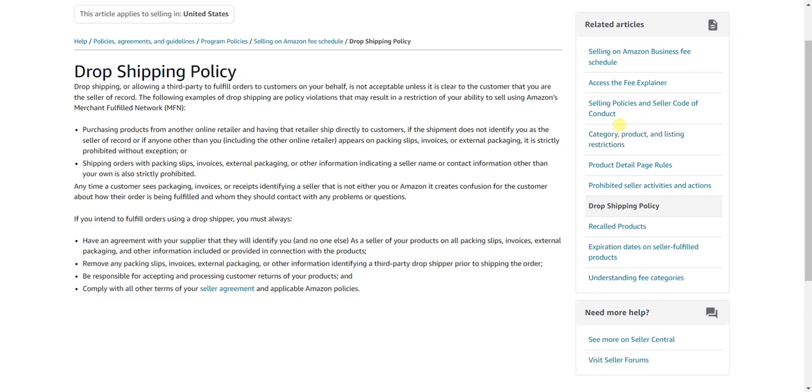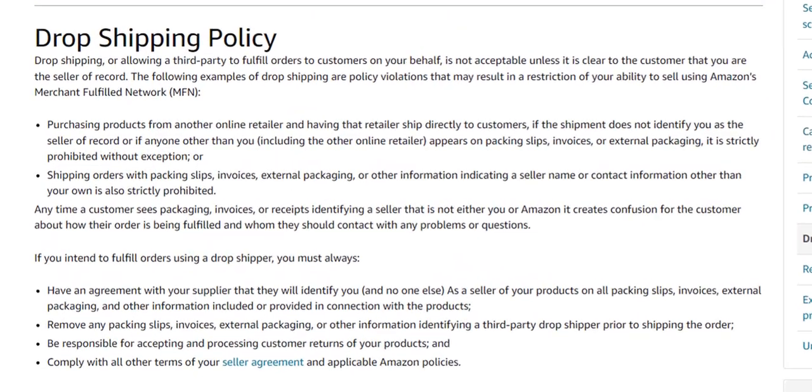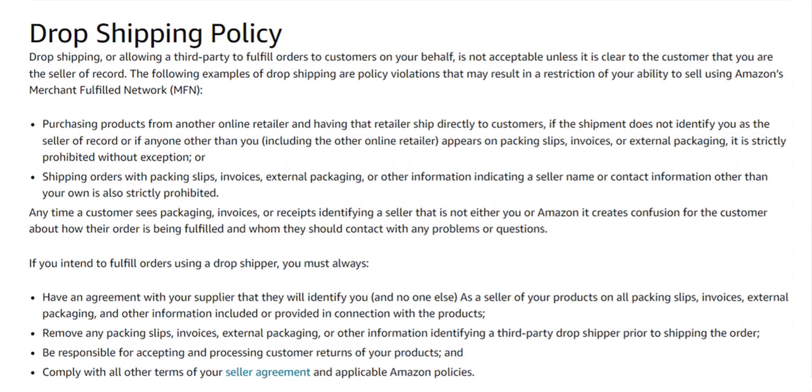Today we are going to discuss dropshipping policy. Dropshipping, or allowing a third party to fulfill orders to customers on your behalf, is not acceptable unless it is clear to the customer that you are the seller of record. The following examples of dropshipping are policy violations that may result in a restriction of your ability to sell using